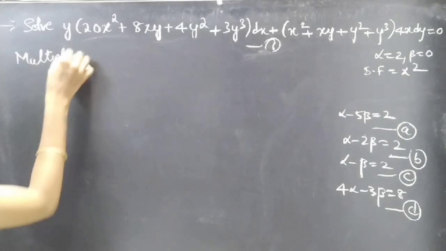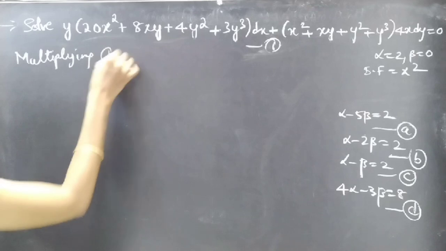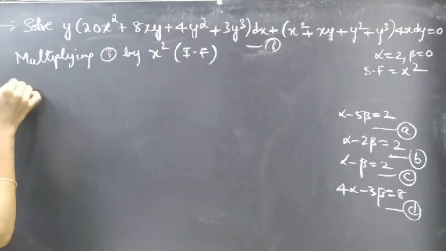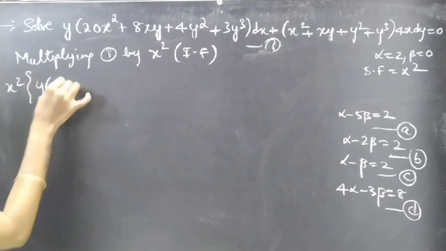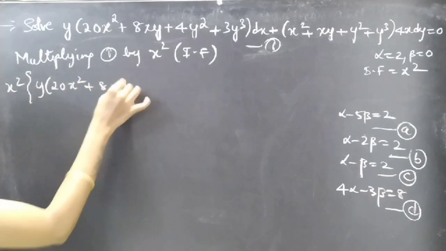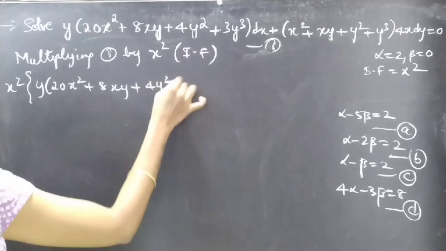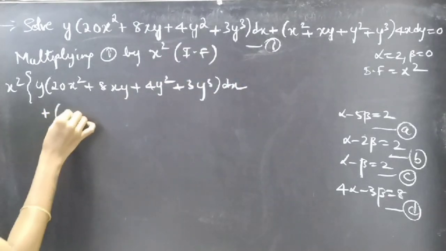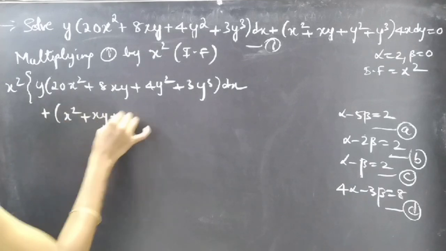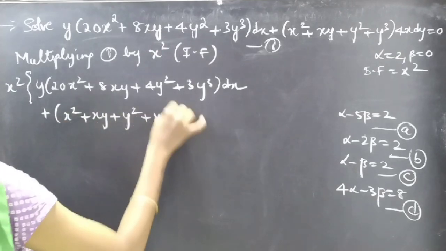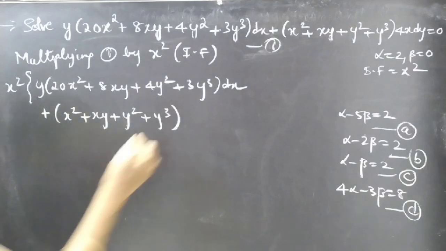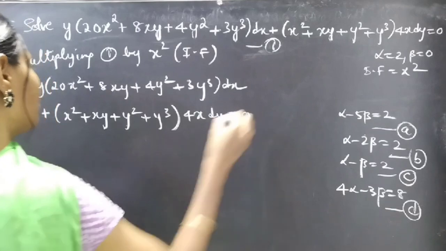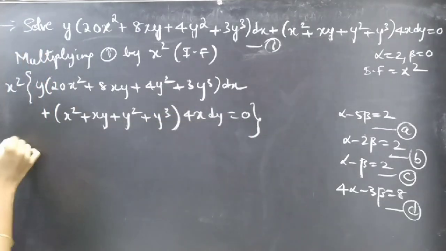Multiplying equation 1 by the integrating factor x square, you'll get x square into (y into 20x square plus 8xy plus 4y square plus 3y cube) into dx plus x square into (x square plus xy plus y square plus y cube plus 4) into 4x dy equal to 0, which gives us